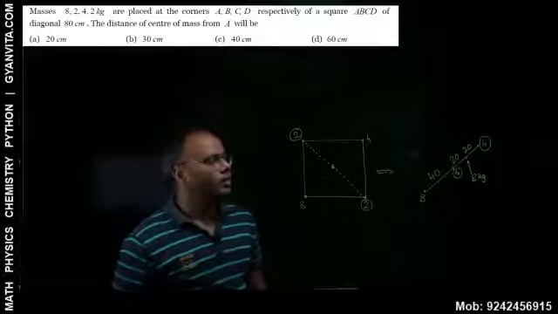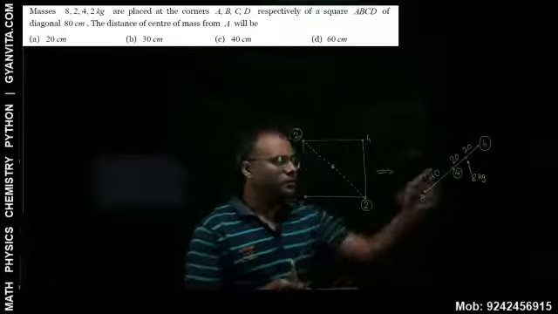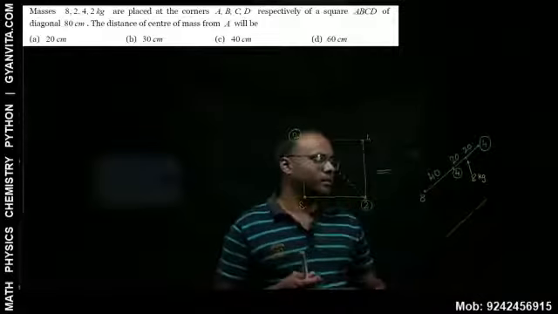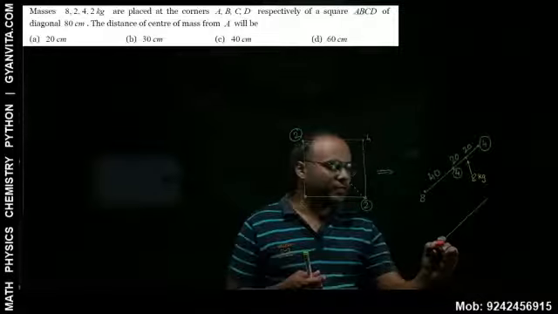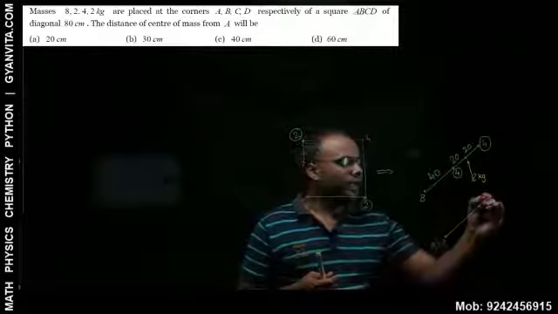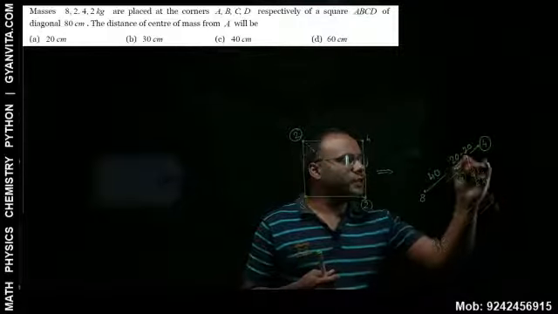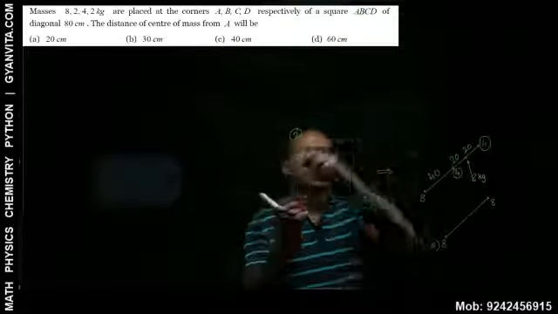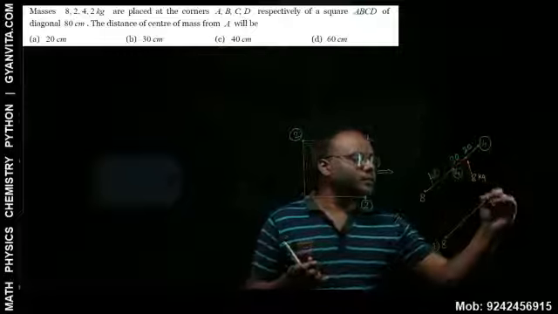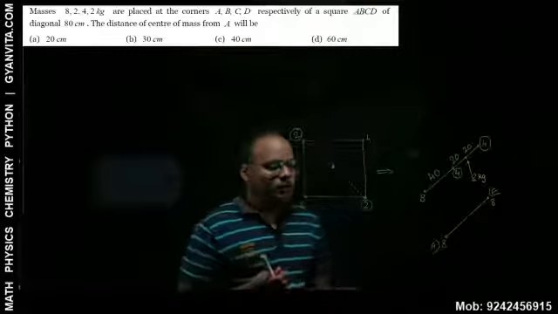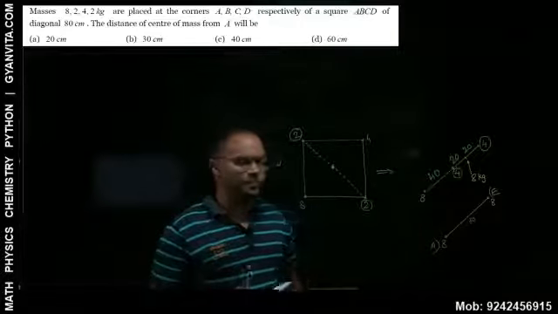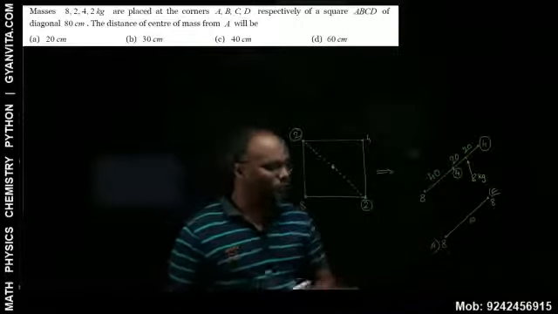So now this system, I can simplify it to this. That is, I have this 8 kg, which is at A, and I have this 8 kg, which is at, say, this point. A, B, C, D, O, let it be E. Right? And what is the distance? Distance is 60, 40 plus 20, 60.